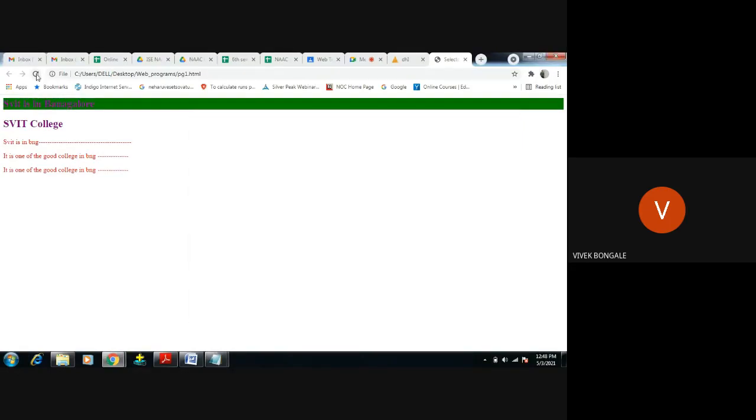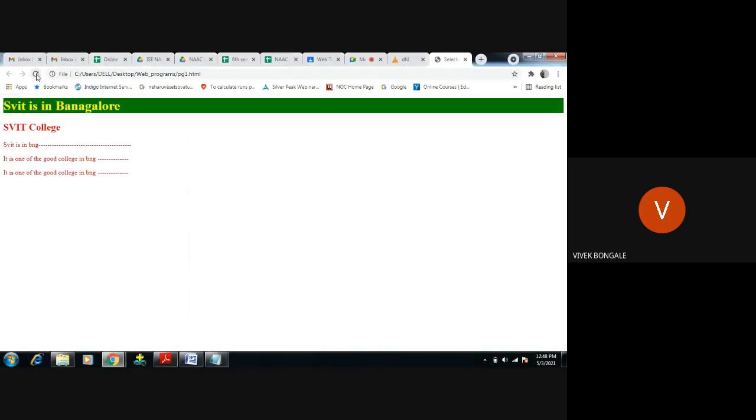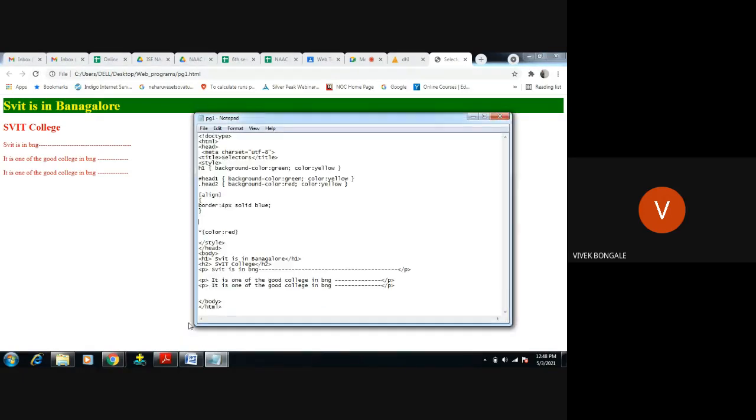Now see. Again, except h1, because for h1 we are using the element tag, that is the tag selector. So for h2 there is no other type of selector, so again SVIT college will be displayed in red color. This is the universal selector.